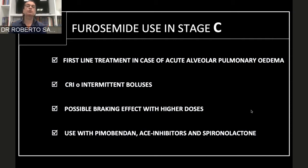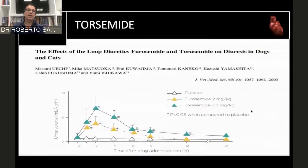And we really like to use it in class C together with pimobendan and ACE inhibitor and spironolactone, as suggested by the guideline. Let's move now on to torsemide, the new drug. So there are several studies on PK/PD about torsemide. And as you can see here, this is the usual comparison that we do, 1/10 of the furosemide dose to obtain a more potent